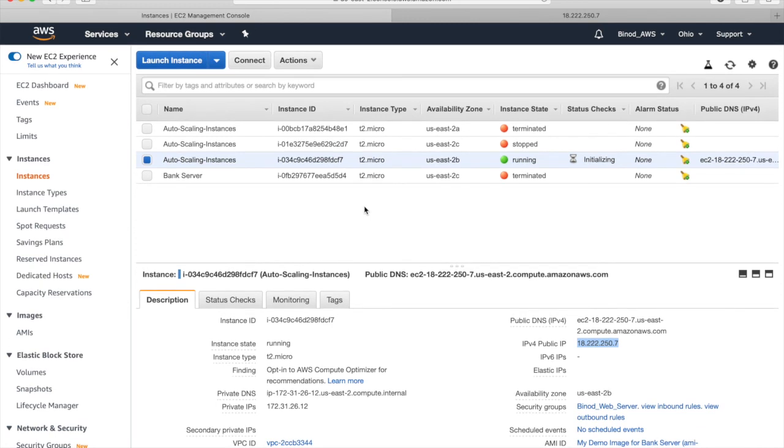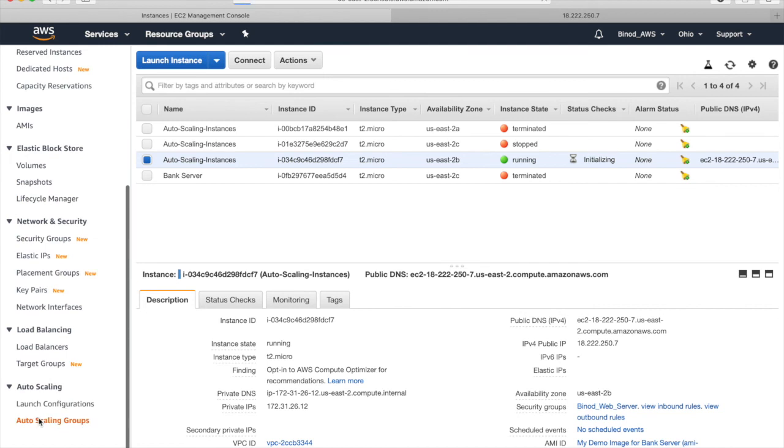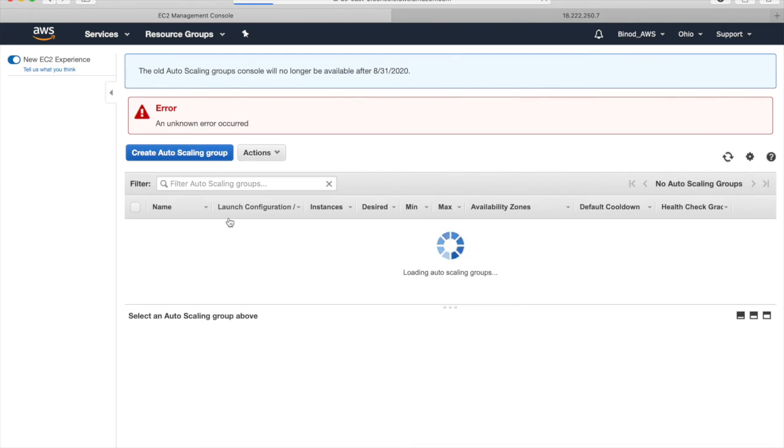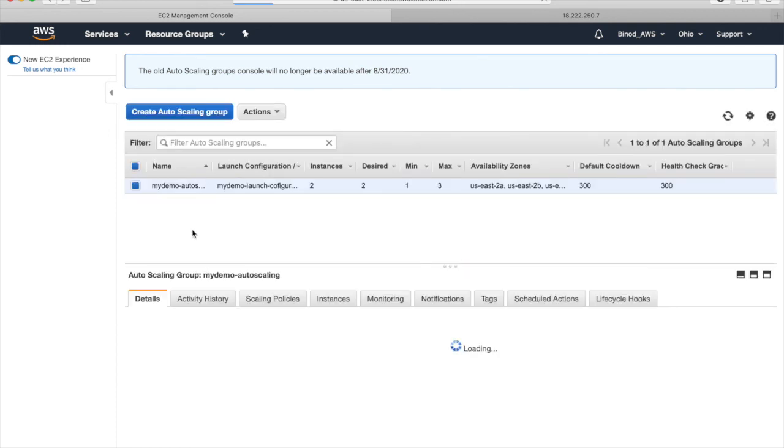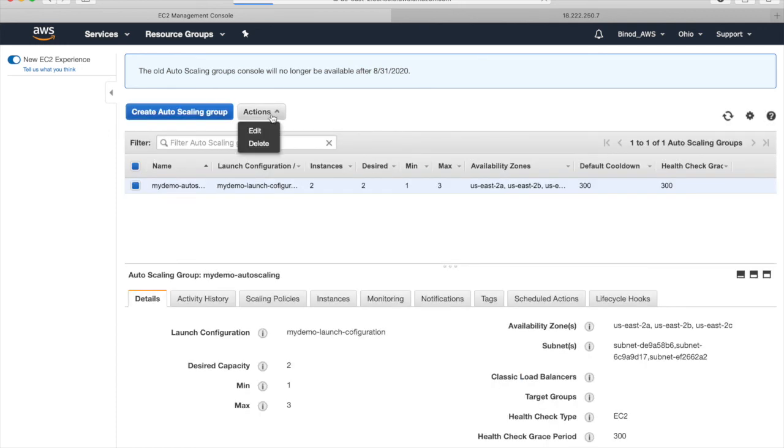Now the moment you delete the auto scaling configuration, all the instances which the auto scaler has brought up will automatically be deleted. So let me go first, and now we can say delete.